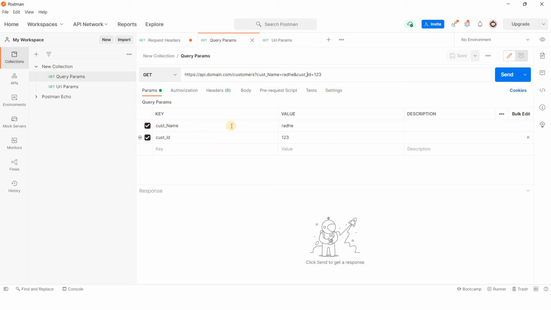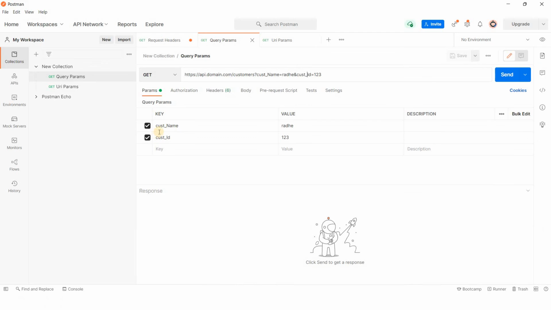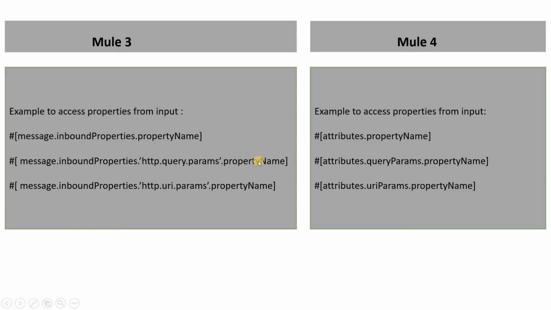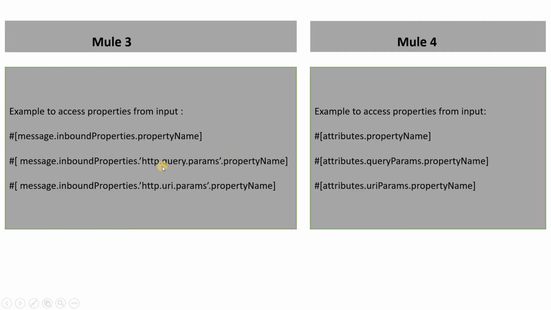You can access it with message.inboundProperties.'http.query.params'.propertyName. My property name is cust name, so you will get that value with this expression.